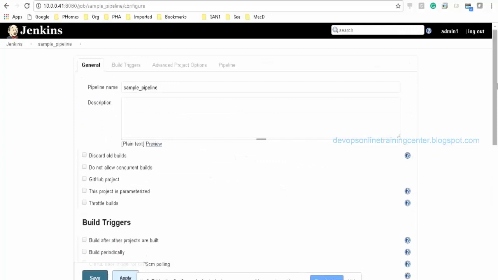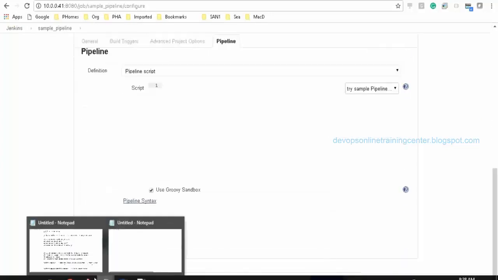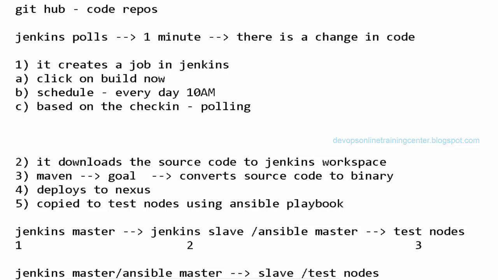So here what happens is we write everything in code. In a freestyle job, we have given everything in terms of plugins, right? We added the GitHub plugin, the Maven plugin, the Nexus plugin, the Ansible plugin. So how do we take backup of this? For every job, there will be a config.xml created in the workspace.